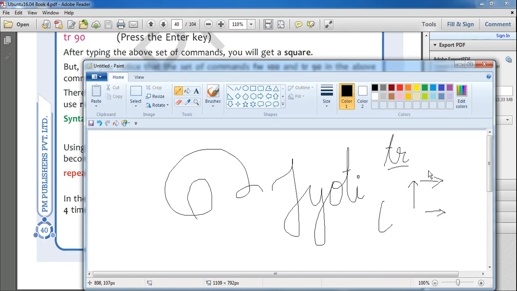So to move its face to the right side, we are going to use TR. If I want to move its face to this side, then I am going to use the TL command. Clear? So here we have two commands, TR and TL. TL means turn left and TR means turn right.